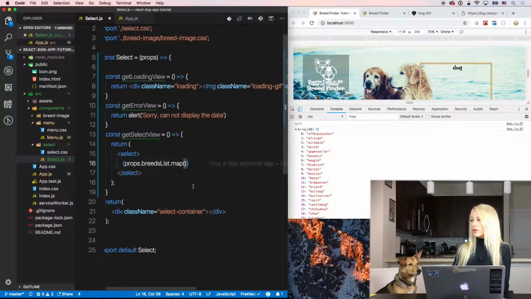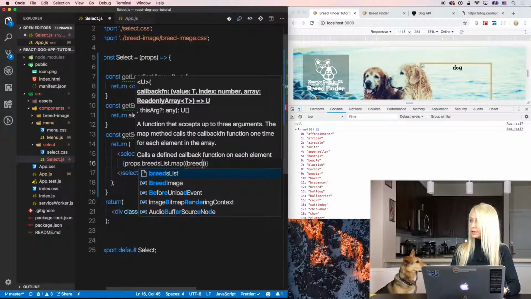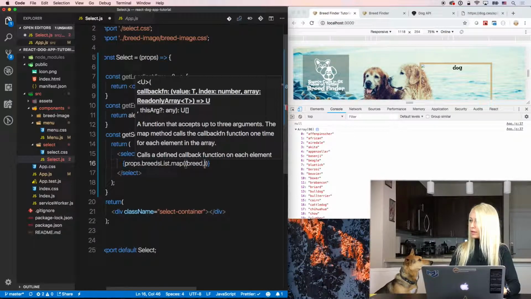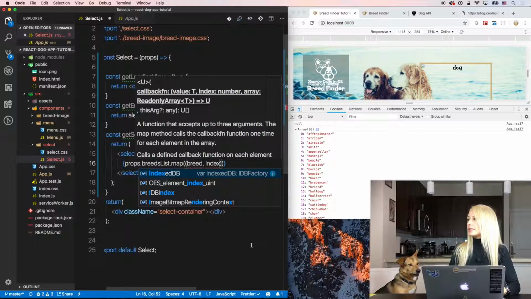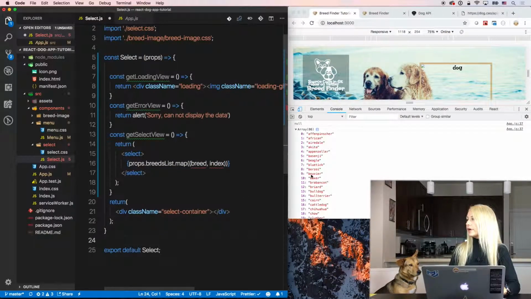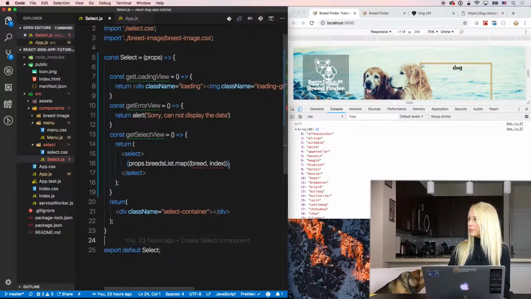So here as arguments we can pass up to 3 arguments, and we will pass breed because we want every element to be displayed as a breed element, and we're gonna pass index. It's necessary to pass index so React can identify and differentiate between all these breeds, because these breeds do not have any ID number or something else like this. So we will pass index, and